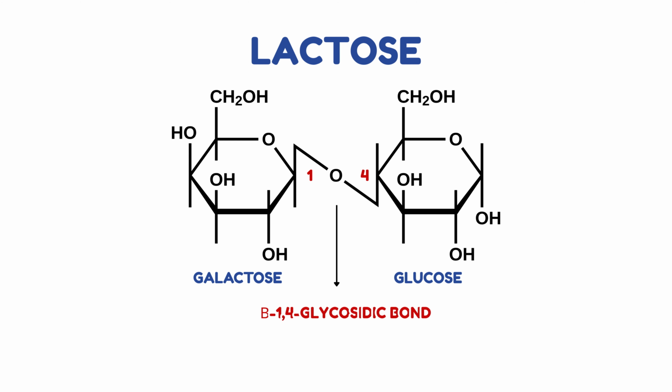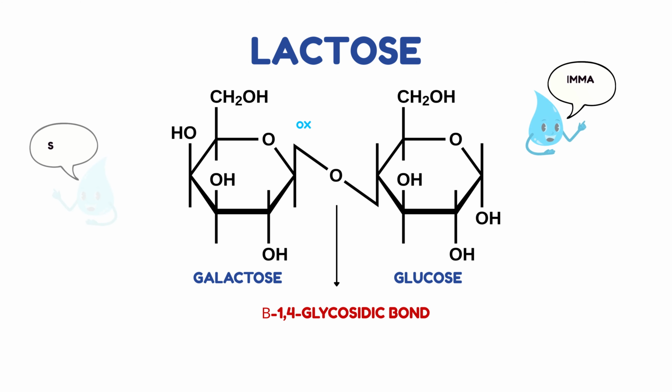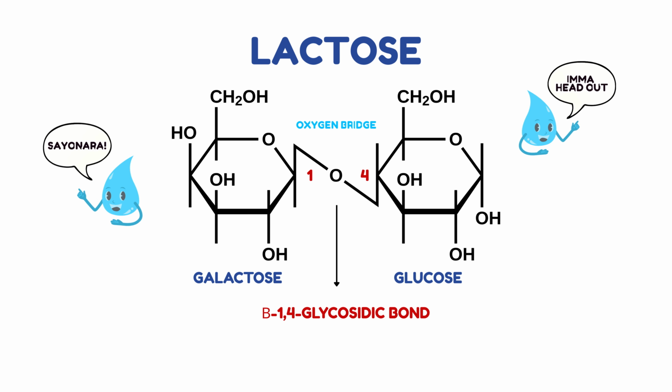This bond links the first carbon of galactose to the fourth carbon of glucose. And it's called beta because galactose is in its beta form. In simple terms, this bond forms when a water molecule is removed and the sugars are connected through an oxygen bridge. The systematic name of lactose is